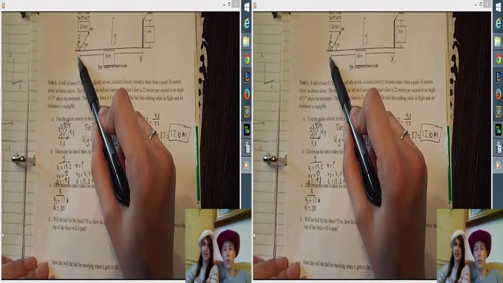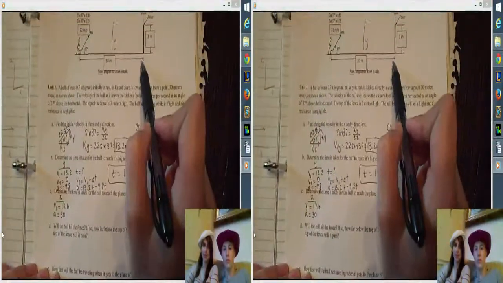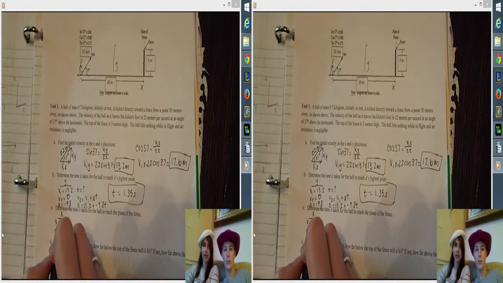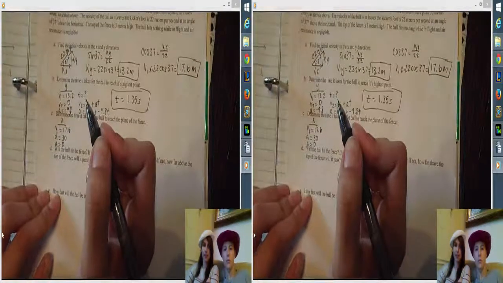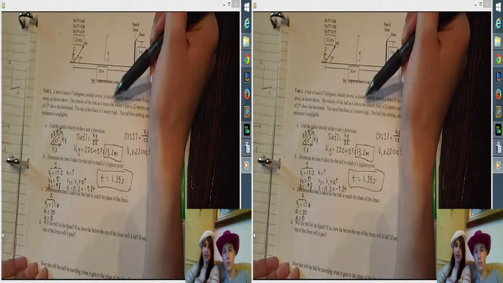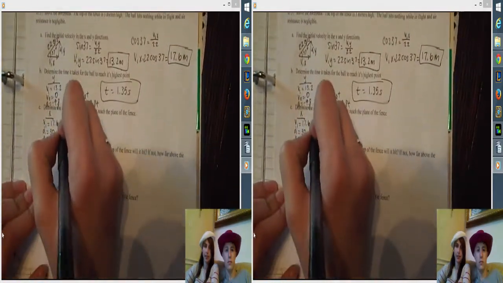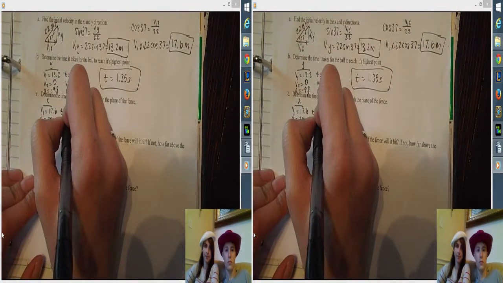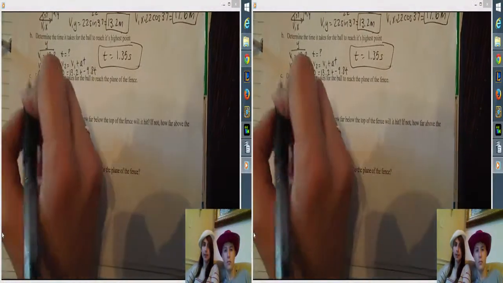D equals 30, which is the 30 meters in the x direction. A equals 0 because it's a constant velocity. We're not accelerating in the x direction. It's only in the y direction that had the acceleration of gravity, and since we don't care about y, we're just dealing with x. So there's nothing. And t is also the question mark again. So the formula that uses V, D, A, and T